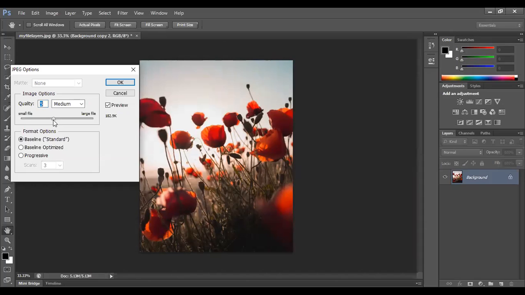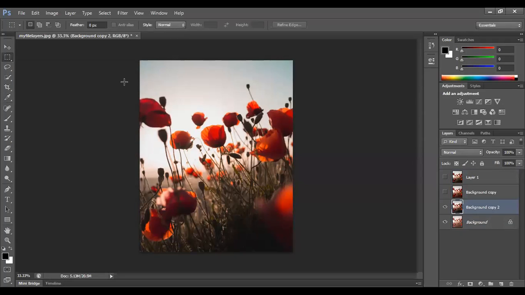If I increase the quality a little bit, you'll find enhancement in the image. So you prefer to keep a medium quality, usually somewhere around 8 or 9 is good. Also you have options like low, medium, high, maximum, so you can choose which kind of image style you want to keep your image in. I'll keep it as high quality right now. I'll just click OK, and automatically that will get saved. I have saved it on my desktop.